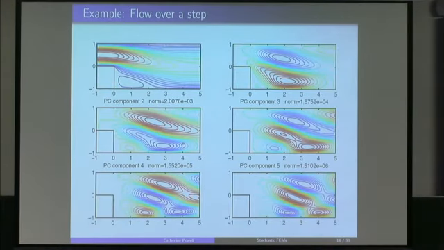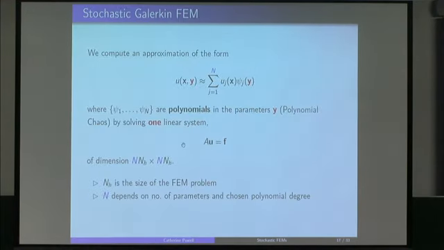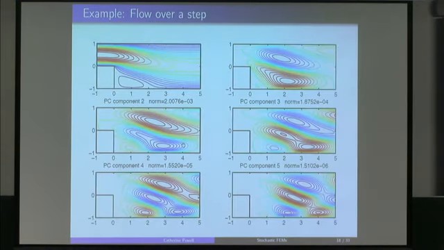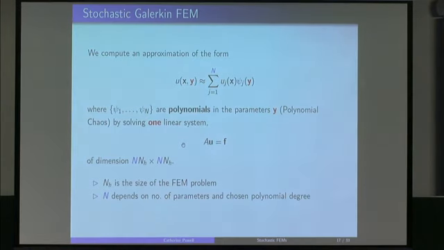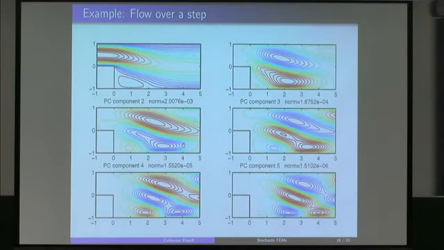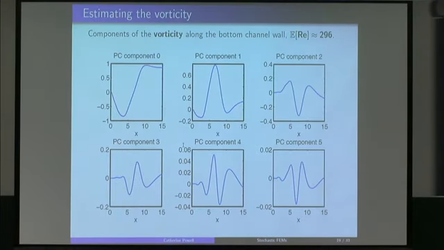So this is going back to that fluid flow problem at the beginning, where we had flow over a step and we had a recirculation here. When we use this kind of approximation scheme, we get these functions. These are functions of space. So these are all functions that represent my parameter-dependent solution to my PDE. And with this information, I can go back and estimate quantities of interest related to my solution quite easily. I don't have to do any sampling. So in this particular example, for instance, vorticity might be a quantity of interest. I can get that quite easily because I have a functional form for my approximation.